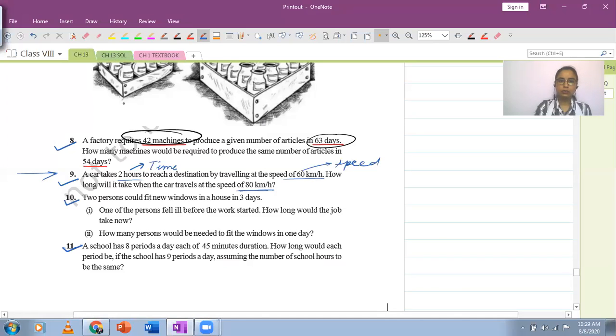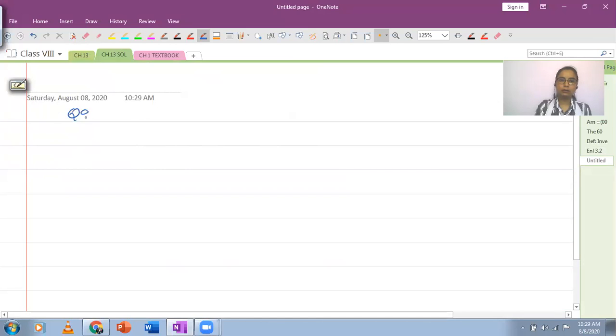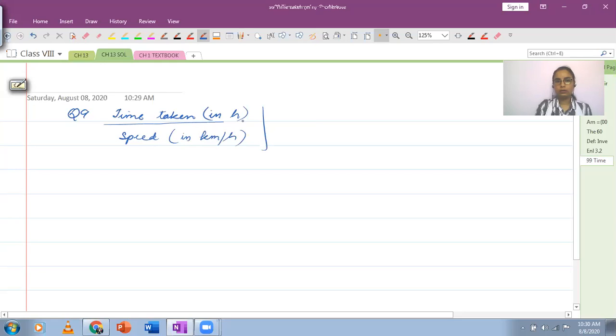So you're going to make the table and solve it. So you have two headings as time and speed. So you have time taken. You can write in any way. You can write the speed in the first row and you can write down the time in the second row. So I have just written time over here. You can interchange. It doesn't matter. The answer will be same. So time is in hours and the speed is in kilometers per hour. And in the first case, the time is 2 hours at the speed of 60 kilometers per hour.